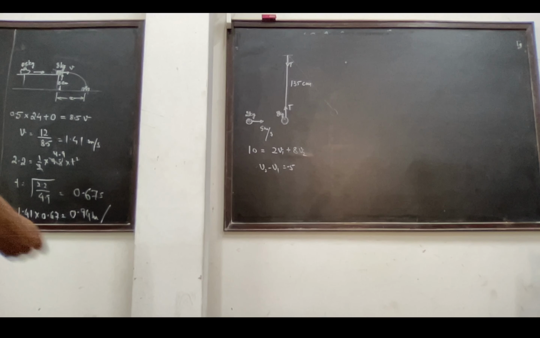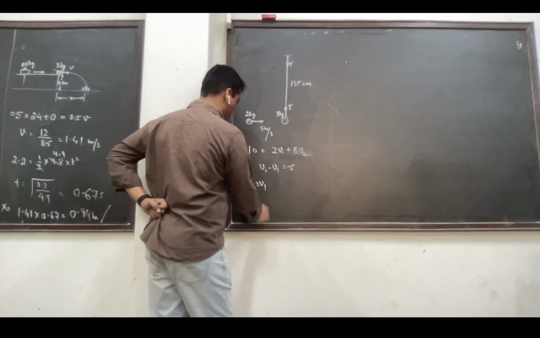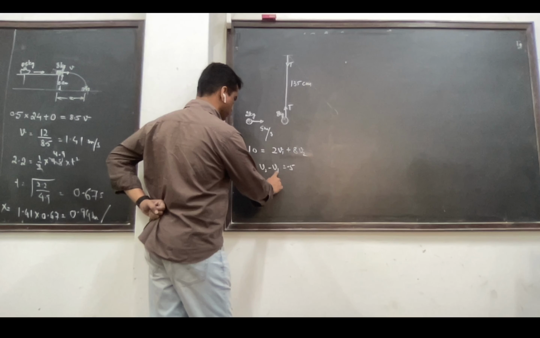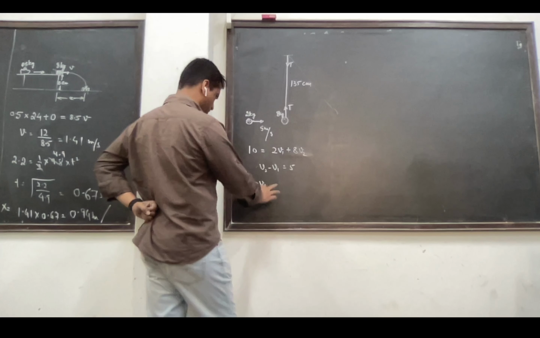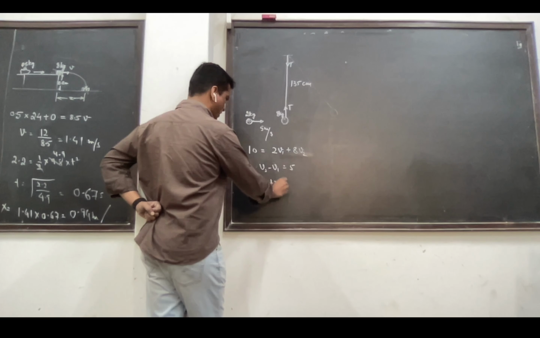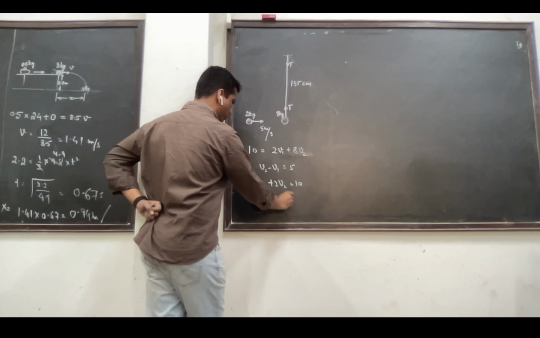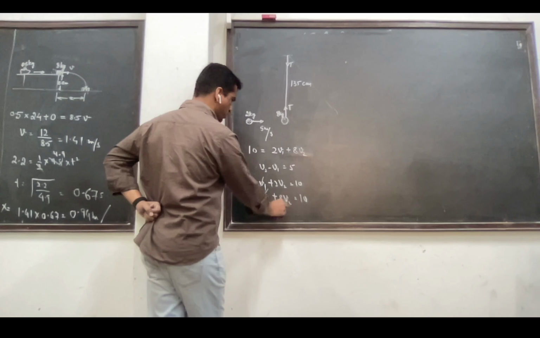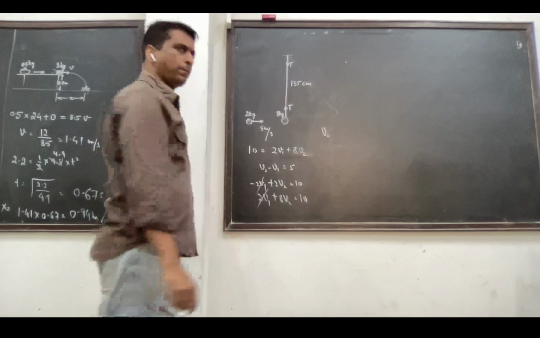Now, if I take these two as simultaneous equations, then I can make it as minus 2v1 plus 2v2 is 10 and 2v1 plus 8v2 is also 10. So this cancels. This is 10v2 is 20. So,